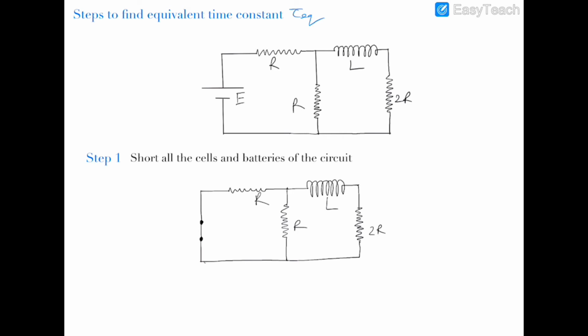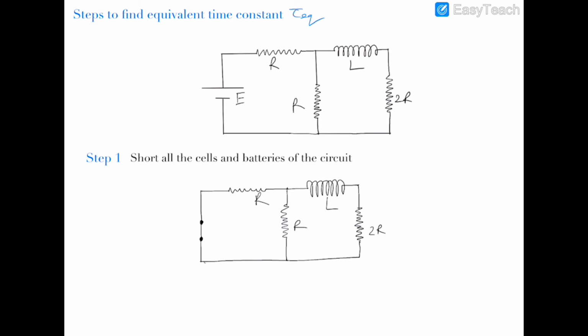There are certain steps which you have to follow, and following those steps would give you a sure-shot 100% accurate result. I am taking an example and I will apply these steps on it. You can see that this is a circuit which has 3 resistances, an inductor and a battery.